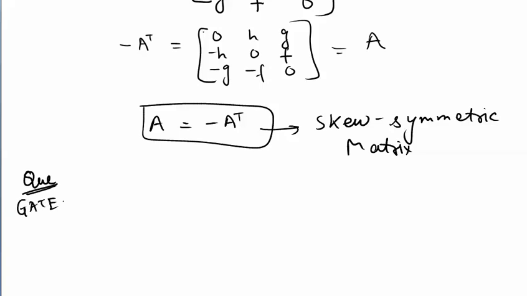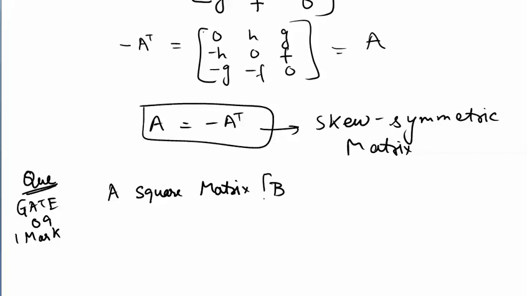GATE 2009, this came in GATE 2009. It was a 1 mark question, a very simple question. Based on the above definition, we will discuss. The question was: a square matrix